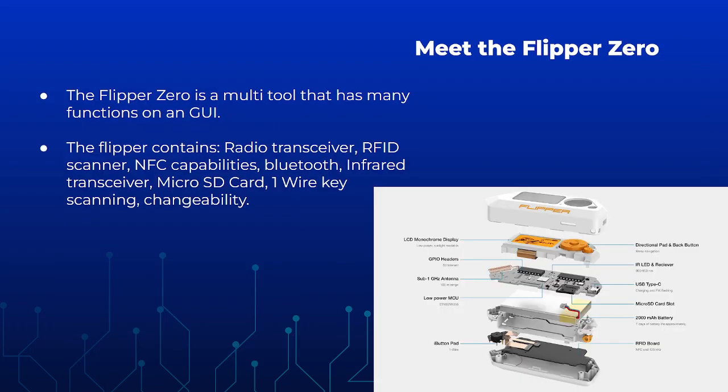Meet the Flipper Zero. I'm sure you guys have already known about the Flipper Zero before this, but it's a very popular tool right now. It's a multi-tool that has many functions displayed on a little GUI. It contains radio transceivers, RFID scanners, NFC capabilities, Bluetooth, infrared transceiver, micro SD card slot, one-wire key scanning, changeability, where